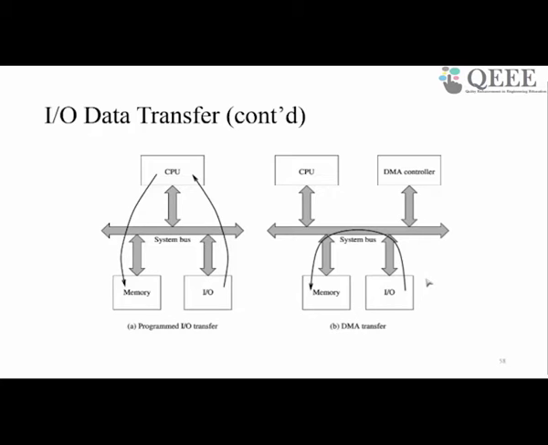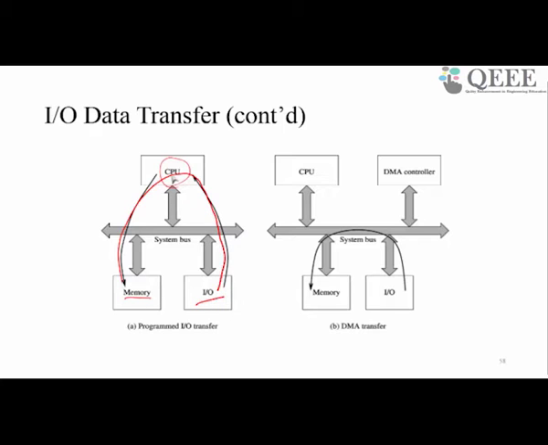So far what we have seen is IO transfer in which the CPU is involved. In programmed IO, the CPU keeps busy checking the status and then handles it. In interrupt-driven IO transfer, the CPU executes an ISR and handles the transfer. So from the memory to the IO device, it is always through the CPU. The CPU acts as the link, or the mediator, between the memory and IO, and therefore